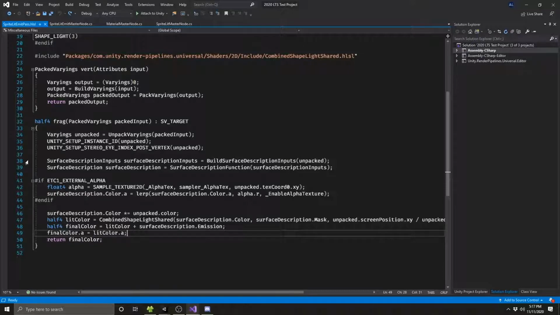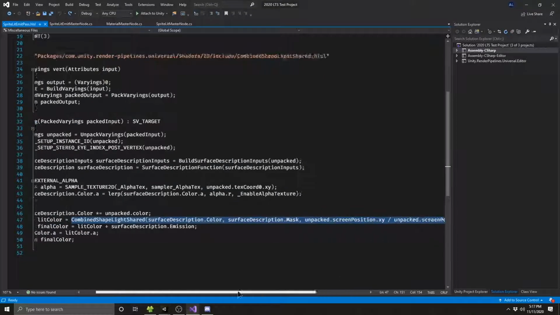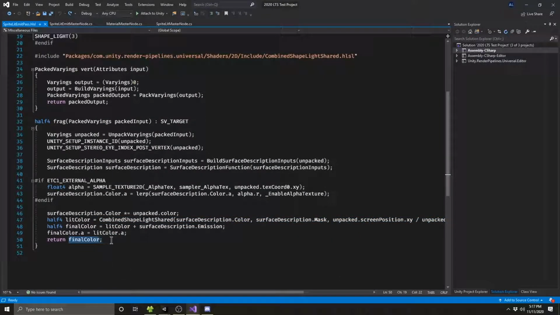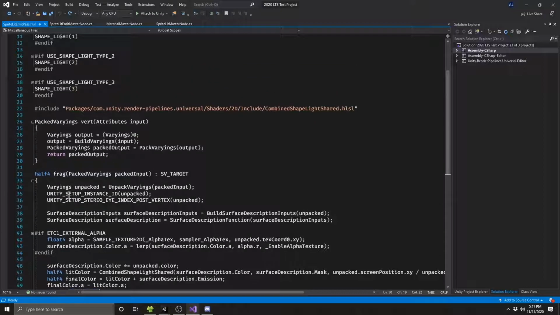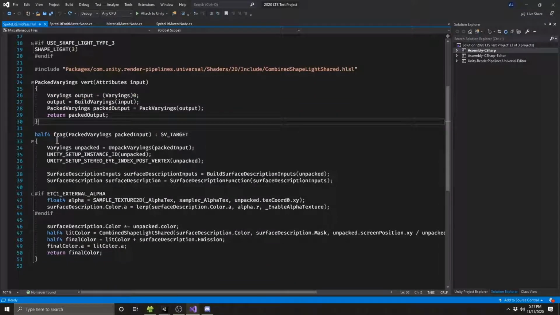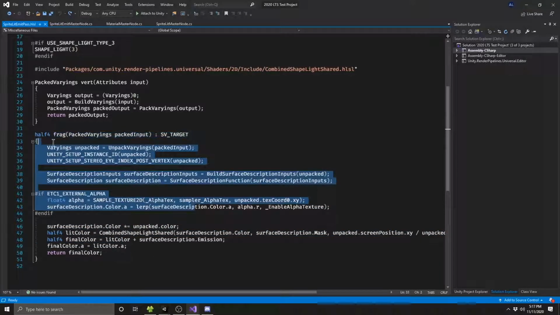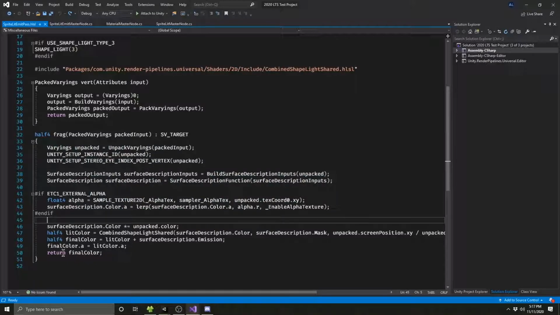So anyway, that's really all I changed here, pretty much. All that was before was that this line of code right here was here originally, and then I put it here in a variable and did some other modifications to it before then returning it. But that's the frag function. You can see I didn't do anything here, of course, just here. But all of this is the original code that's just been copied to a different place, and I'm